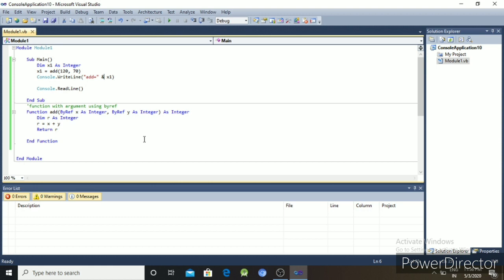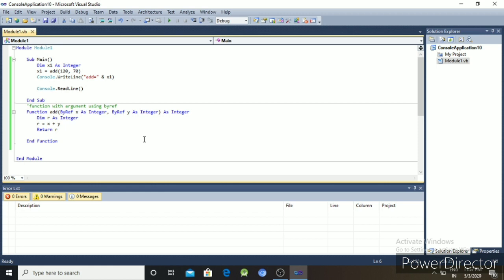And for the next method, you have to use ParamArray and Optional, and we can also solve many problems using functions.